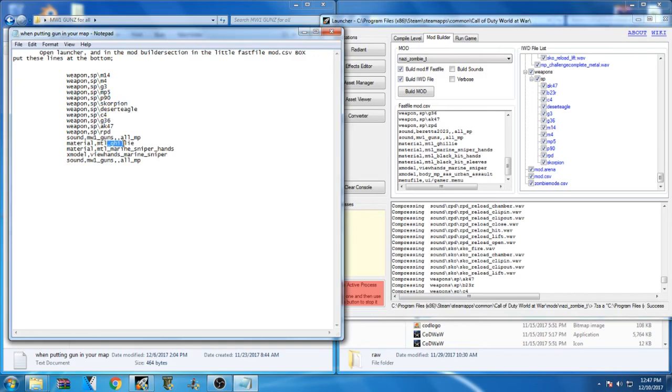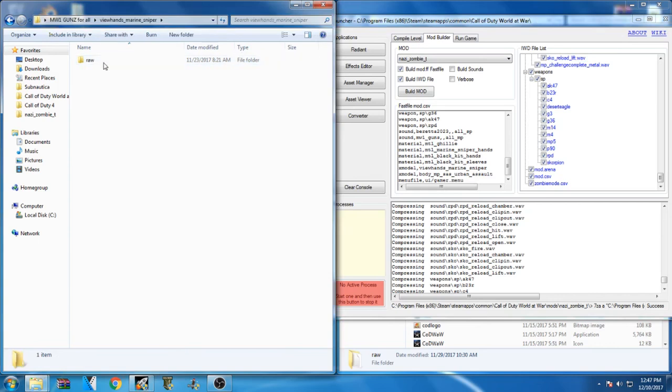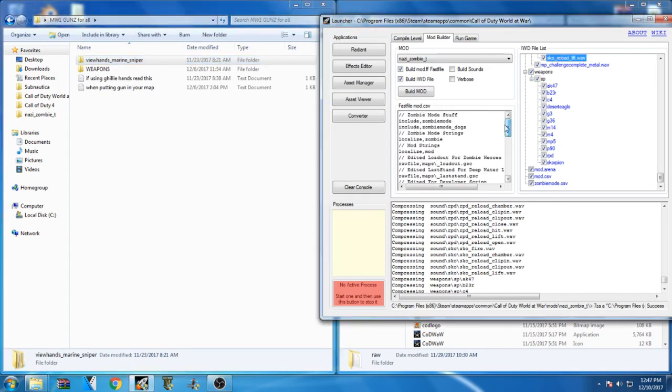Material, the ghillie kind of stuff, I'm pretty sure all that is just if you want to do the sniper hands, the view hands for this, the ghillie suit style, and that would be the same thing as putting in the guns. This is just going in the raw folder, and then you call those materials in this so it shows up in game, and you actually have to do at least one of them. It could be the black kit or the ghillie suit ones, but you have to have one of them because the gun won't work unless you're using the